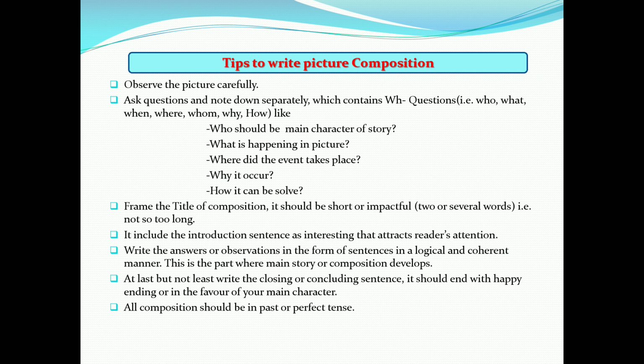Now the third tip is to frame the title of the composition first, but it should be short and impactful, not more than maximum up to 5 words. That is, not too long. It includes the introduction sentence